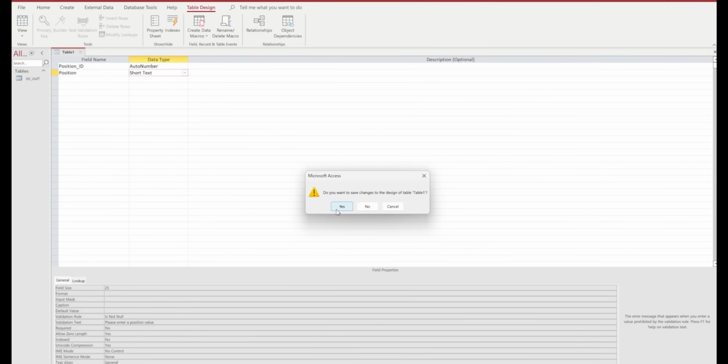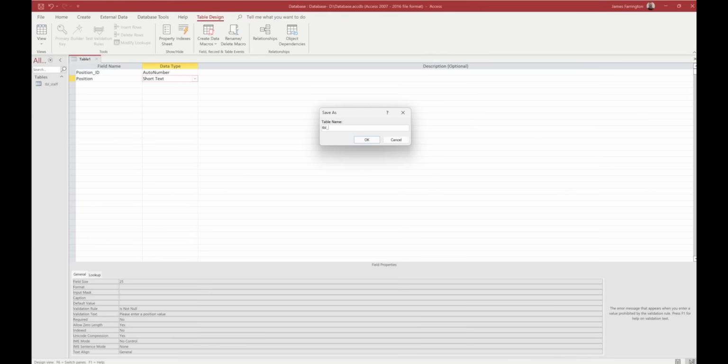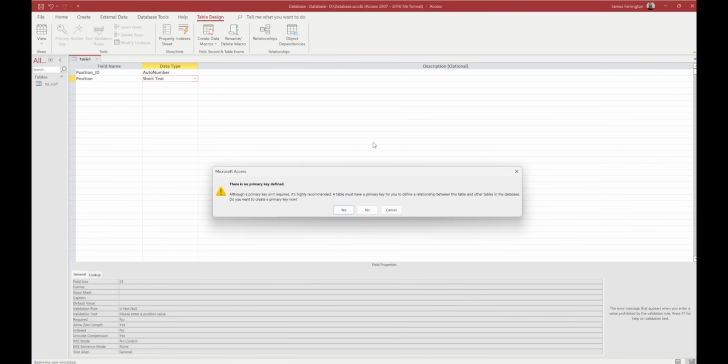because we've not put a name in it, it's going to ask us to make sure we save the changes, and we're going to go yes, and we're going to go in with our prefix again, which is TBL underscore position, and we're going to click on OK. Now notice it's prompted us straight away to say that we didn't declare a primary key. Now earlier on I said that we were given a primary key by the database itself and it already had the primary key identified. We didn't do that. So what we need to do is we're just going to go no in this instance, or cancel, sorry, and